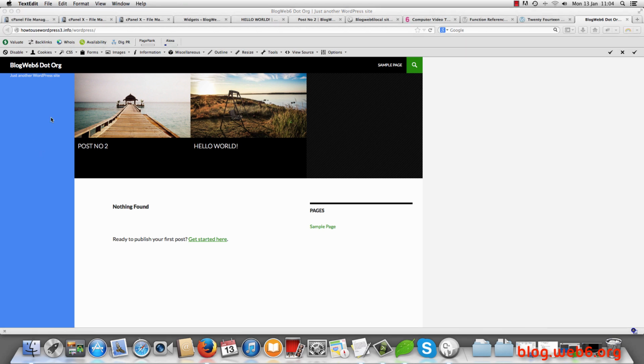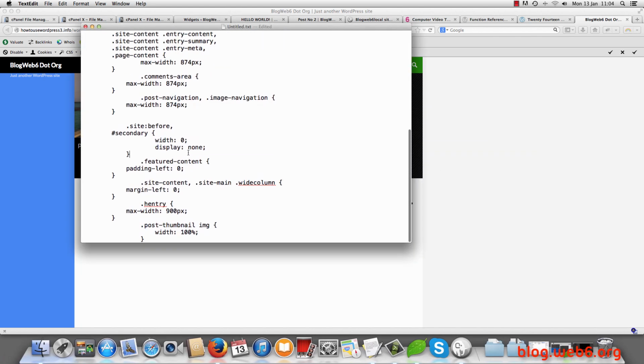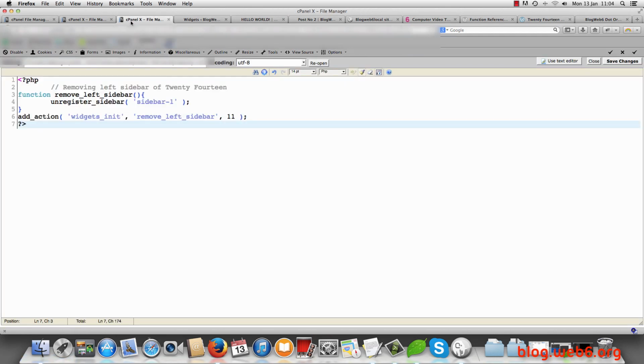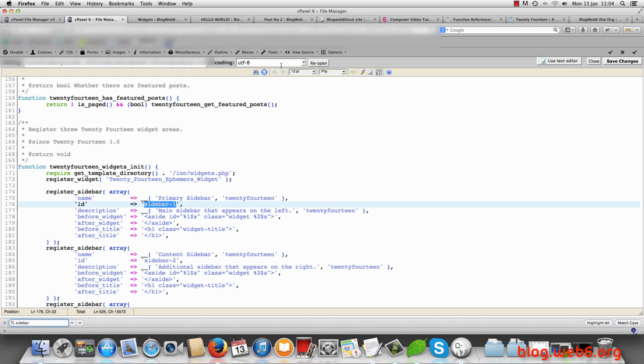As mentioned earlier, you can also install the plugin called 2014 Extended, and then copy the whole CSS to your CSS file to clean up your header. But in this tutorial I just copy and paste stuff. So this is the CSS code, copy this, and then go back to our cPanel again and close this functions.php file, and then we go back to our